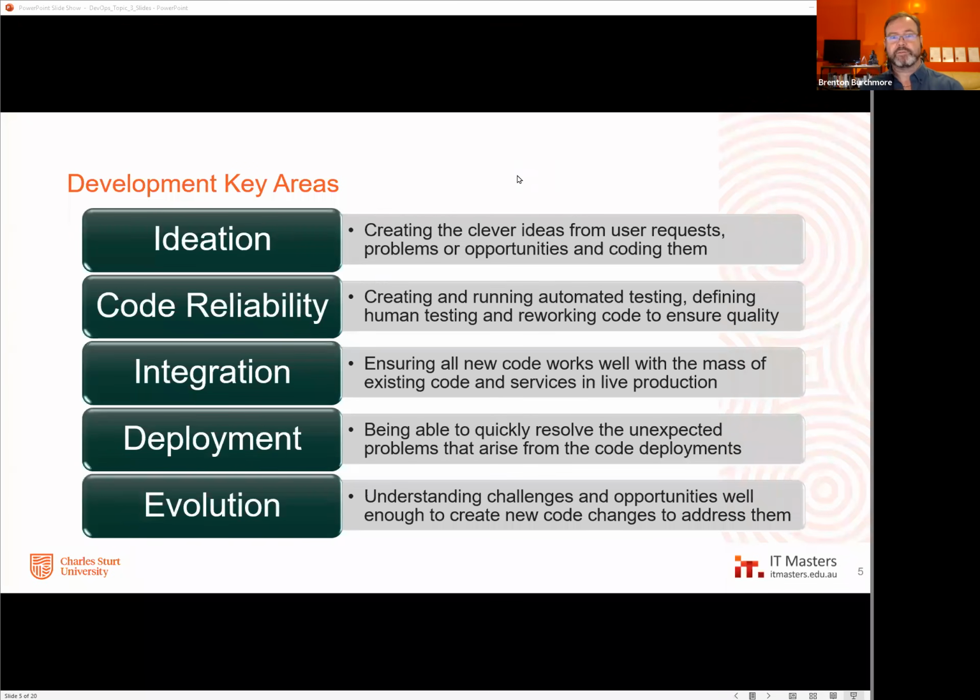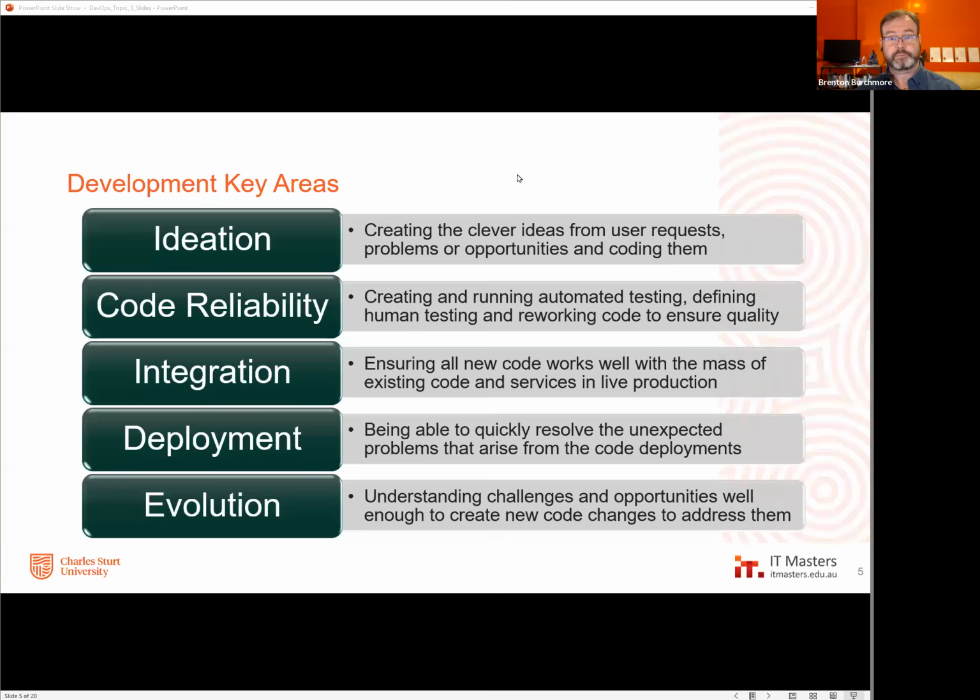Then there's the evolution. Then there's the, well, okay, we've done a push. Today's Monday, great. We pushed out some code. We've tested it. We've deployed it. It all works great. And that's the new normal. Now we go back to our options, feature lists, requests, and they may come from what just happened. Something might have just happened in that deployment or from operations or from anywhere that says, you know, we can tweak this, we can evolve this, we can take this challenge and make something better out of it, or take this opportunity and do something more.